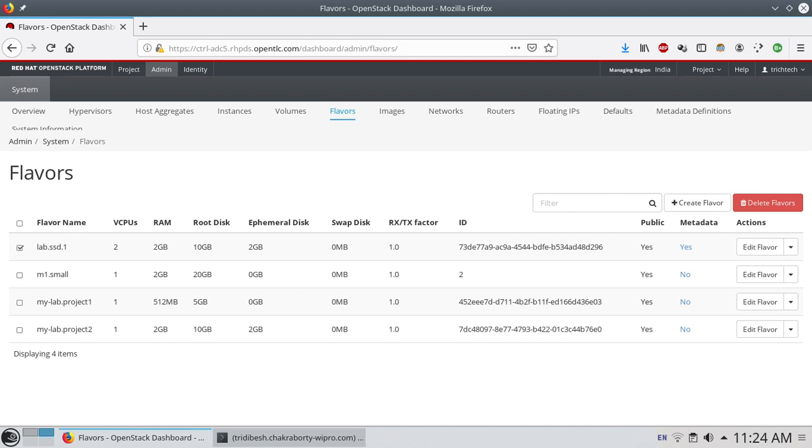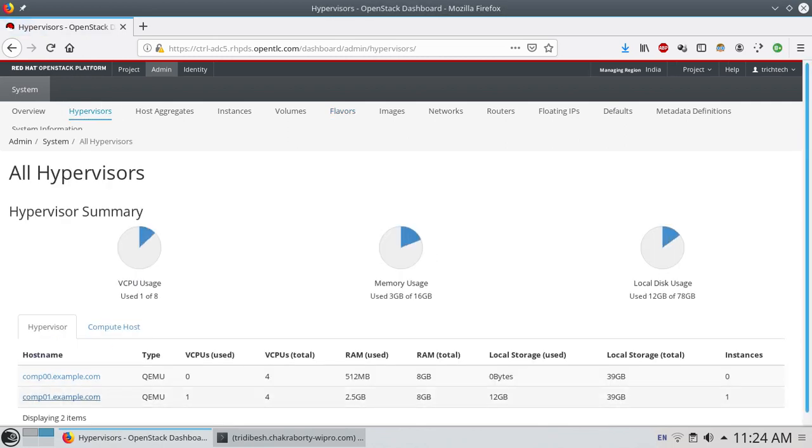Before we launch one instance, we will go to the hypervisor again and see how many existing VMs are running. You see already one VM is running on COM01. Now let's launch one instance.